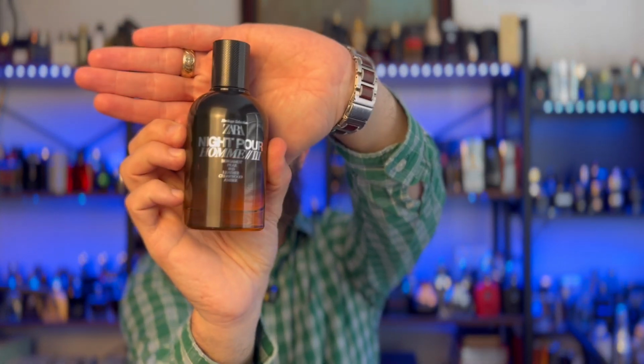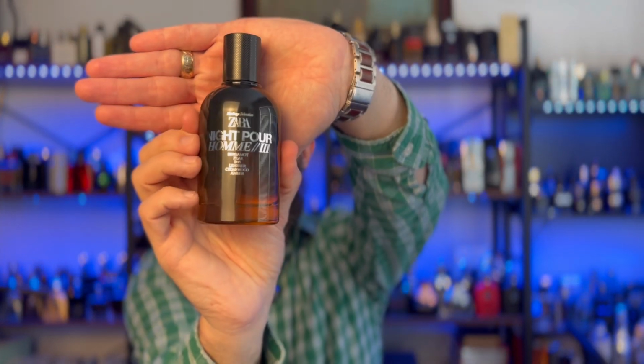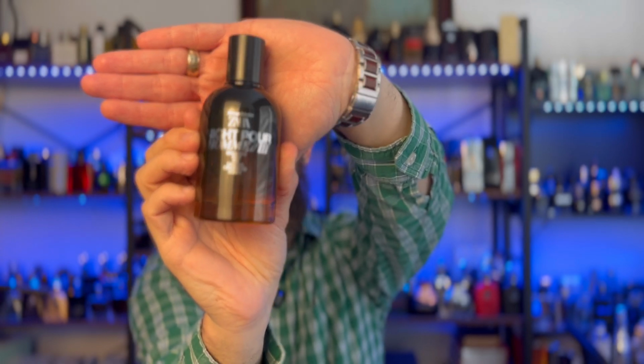I would love to hear from any of you who have, but I would say this is a very interesting fragrance, and I don't have anything quite like that. The original Prada L'Homme DNA I like. It's just a touch too soapy for me, and this one's probably 30% less soapy, and that's a big win. So if you find this one out and you like the two fragrances I'm talking about, either the Dior or the Prada, you're probably going to dig this,